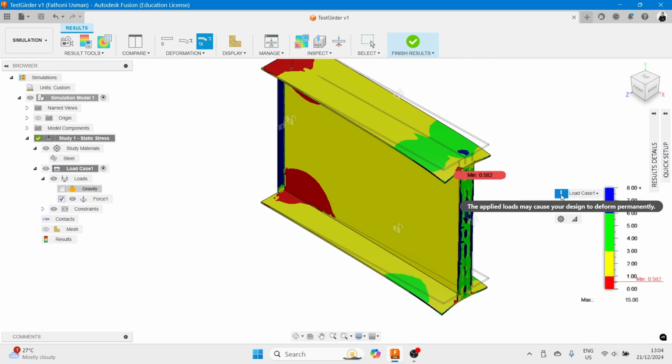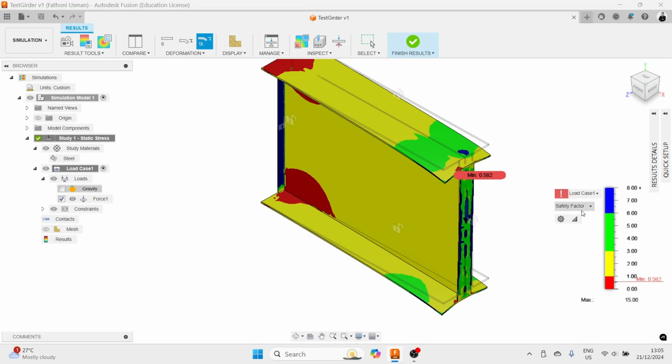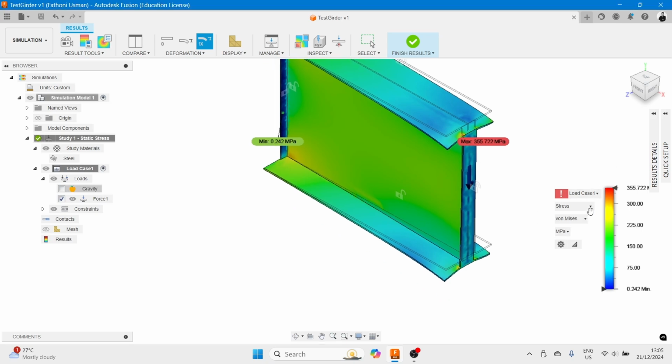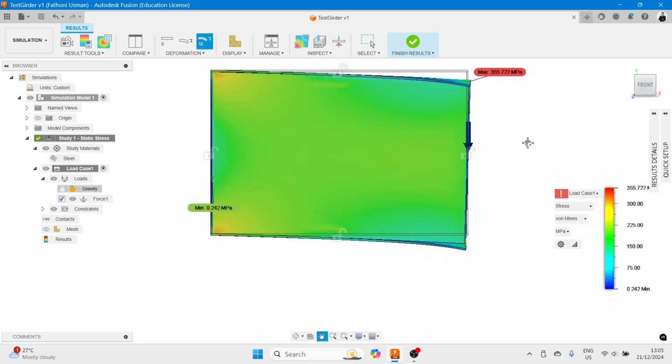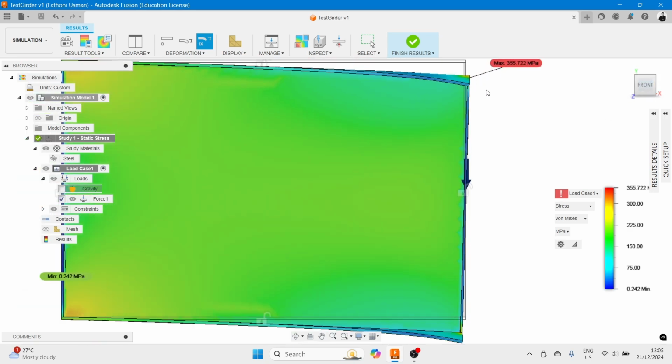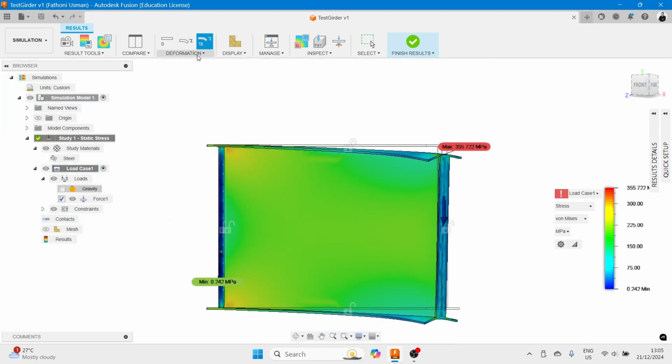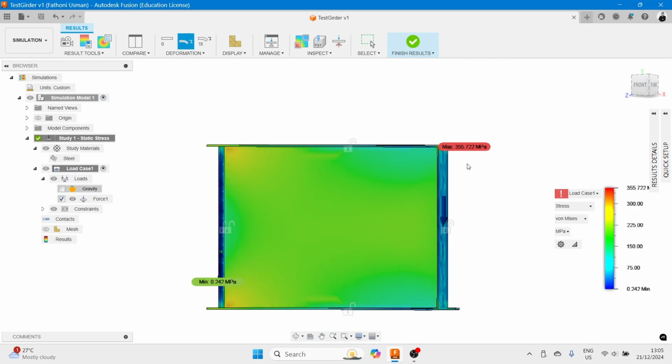Because the applied load may cause your design to deform permanently. Yes, because our intention is to apply a very excessive load. And then you can go for a different stress here. This is the fundamental stress, and you can see here, since the load is also applied on the flanks, the flanks also deform. You can adjust it, but the actual one is very small,